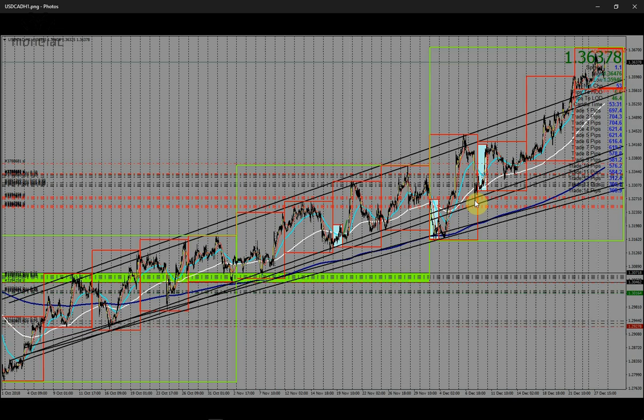Preferably, I don't like trading with stop losses. Most of the time I don't trade with stop losses, but it's not something that I encourage you to do. You should never trade without stop losses because our account sizes are not the same. You can compare a $100 account with a $1,000 account, or maybe a $10,000 account with a $1 million account. You understand? You can use the same equity or risk management